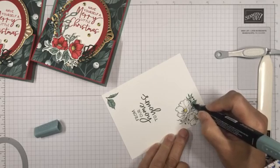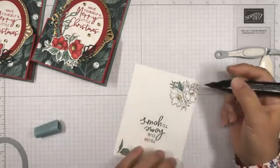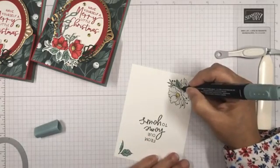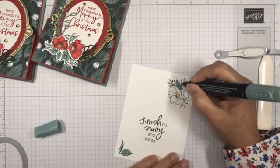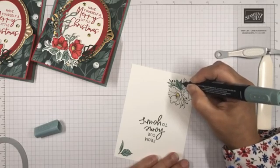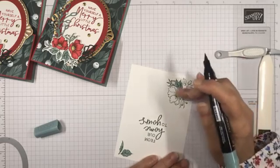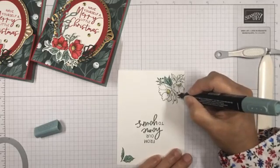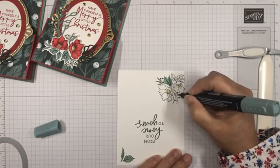One of the things that I noticed about this bouquet is that there's white space between each of the flowers and the leaf elements, which is really interesting. But I think it also makes it so that if you were going to fussy cut these, you could easily fussy cut them because you've got space between each of these elements. It would be a lot of work, but